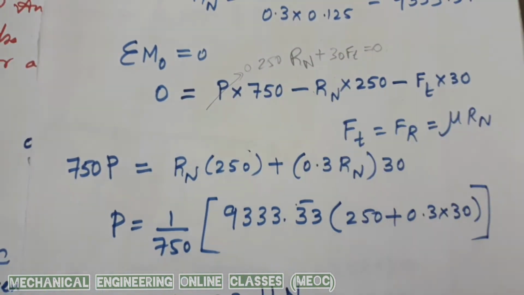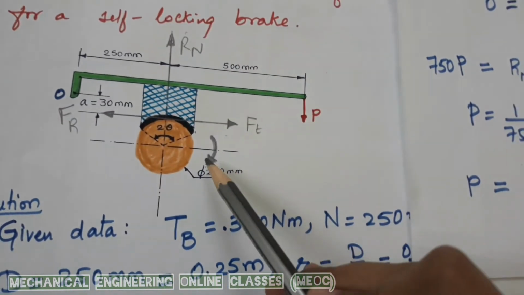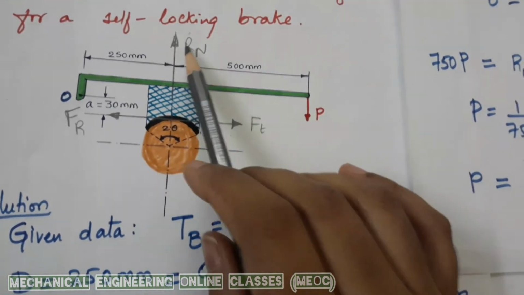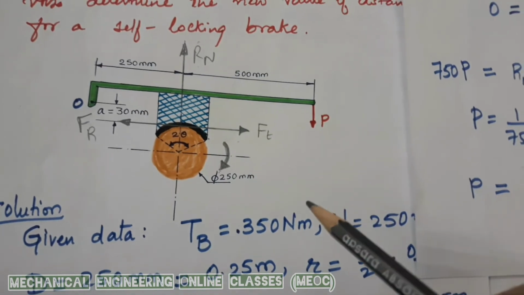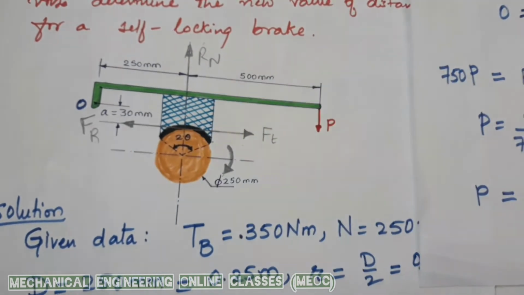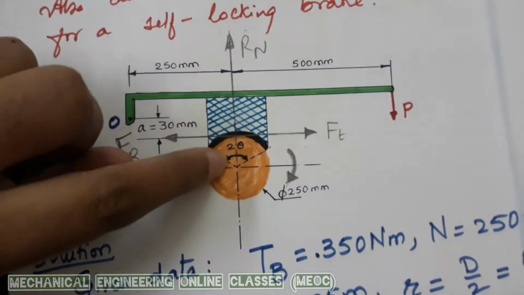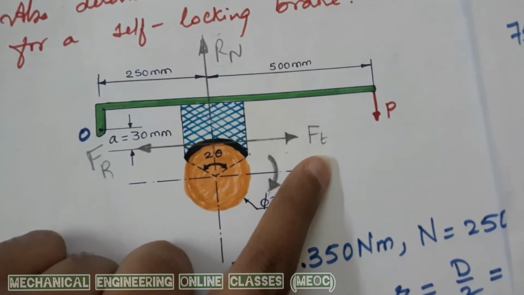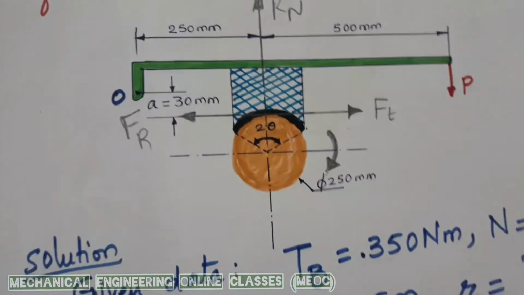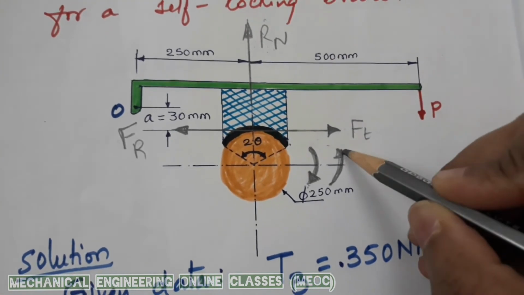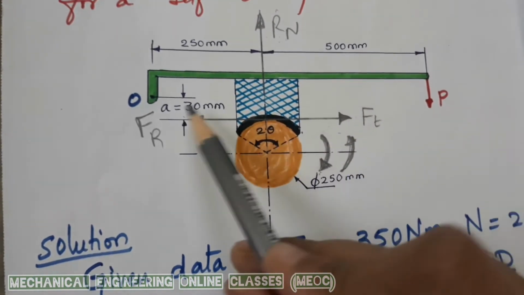This is a case which is practically not possible, because for the case that we have chosen, assuming that the drum is rotating clockwise, we cannot have the sum of moments as 0 unless the directions of Rn or Ft are changed. Now what does that mean is, anyway I cannot change the direction of Rn because the normal reaction on the block will be upward only. I can change Ft. Changing the direction of Ft just means that the drum can be made to rotate in anti-clockwise direction.